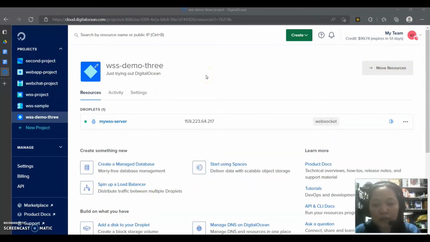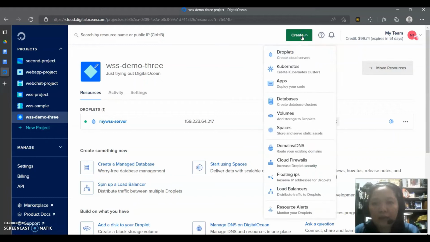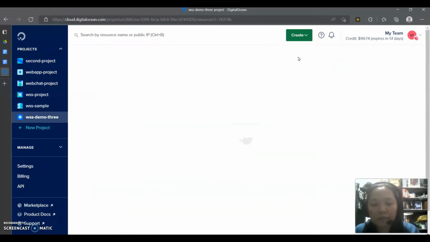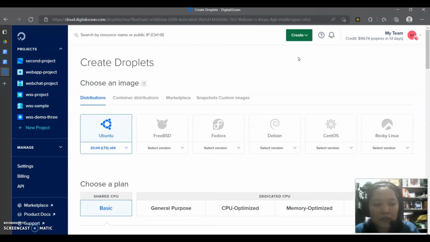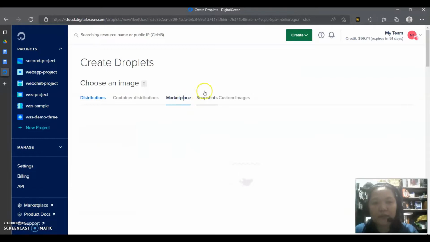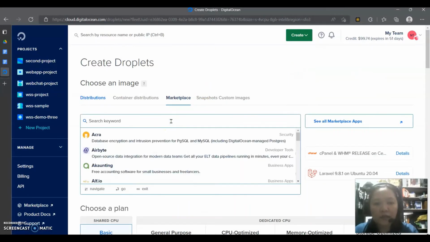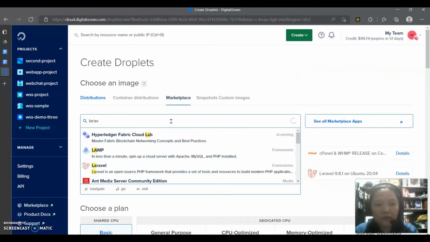For today, the demo will be the creation of a client server that will connect to our previous WebSocket service. Again, in the same project that we have, we will create a new droplet that is also going to be based from the available images of DigitalOcean. Let's go to Marketplace and let's try one image that will help us to have a pre-installed